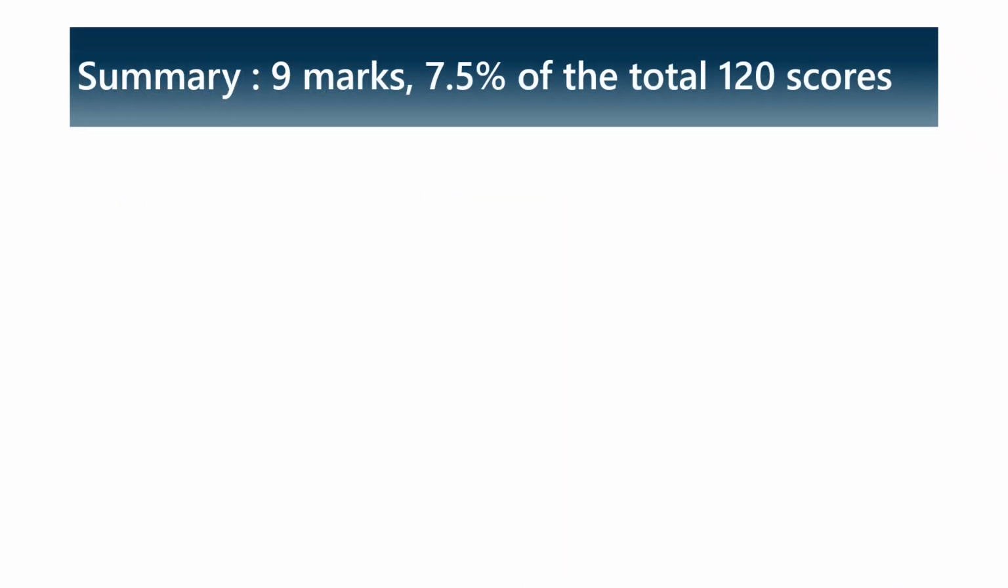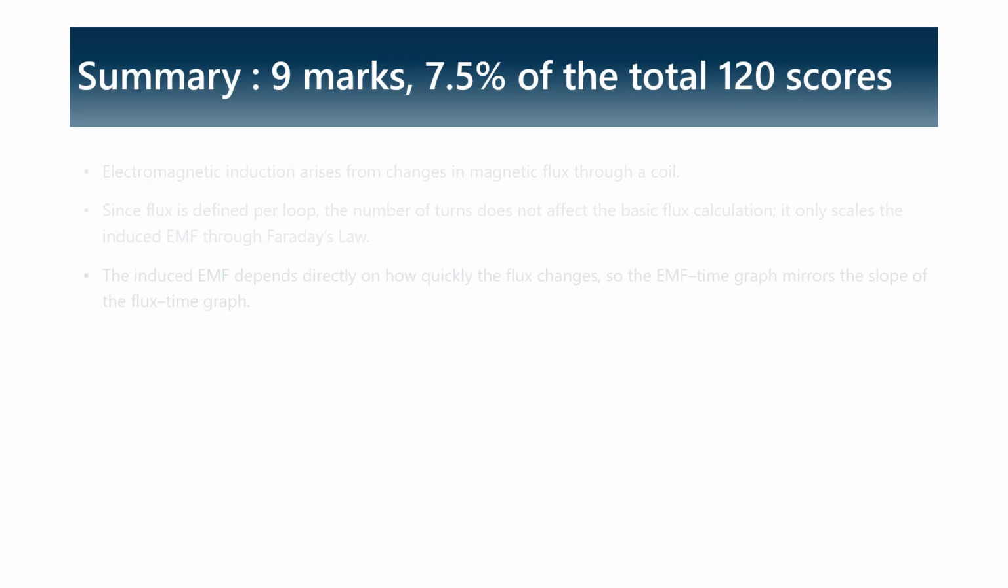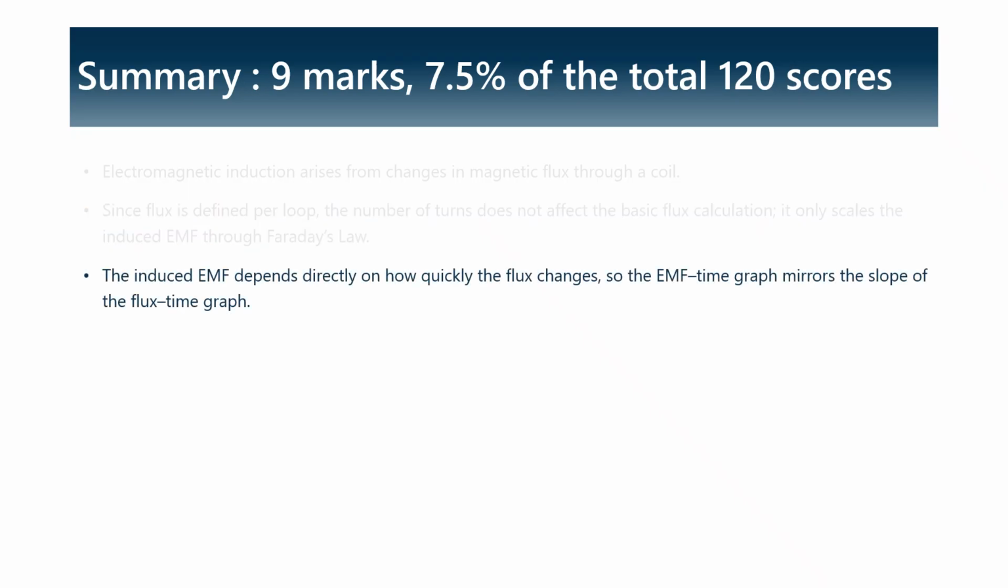Electromagnetic induction arises from changes in magnetic flux through a coil. Since flux is defined per loop, the number of turns does not affect the basic flux calculation, it only scales the induced EMF through Faraday's law. The induced EMF depends directly on how quickly the flux changes, so the EMF time graph mirrors the slope of